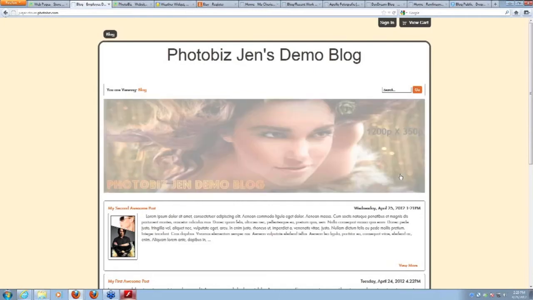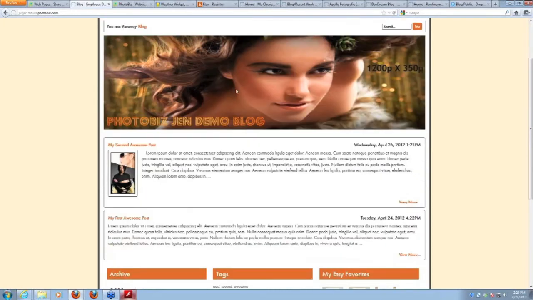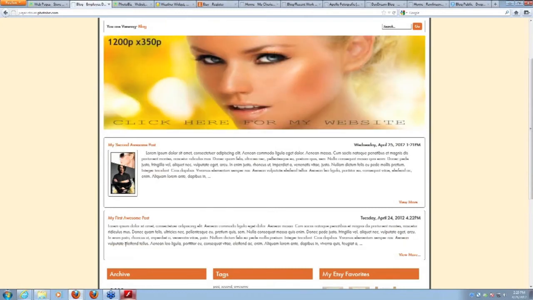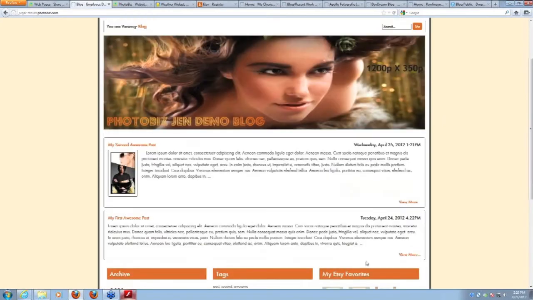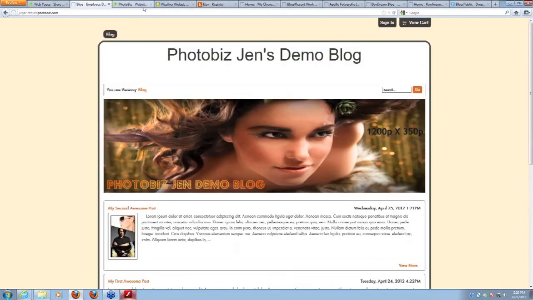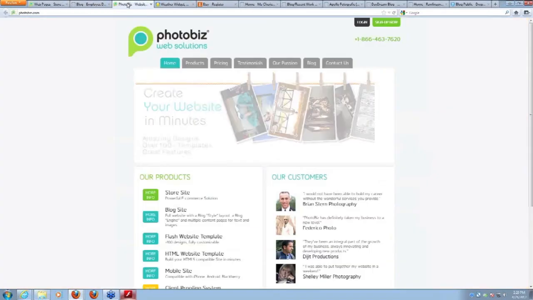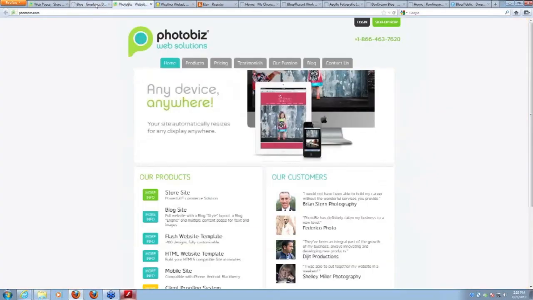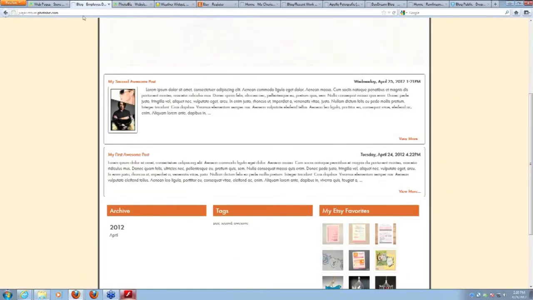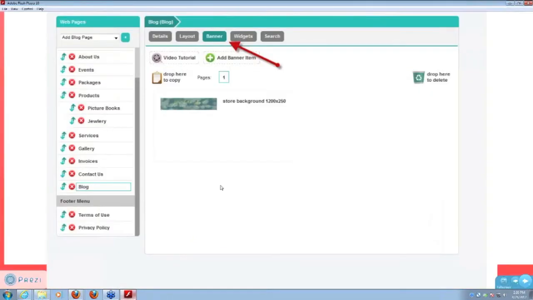So it's starting to look better, but you know, it can still use some help. So I've got my banner image going on here. I've set my posts to look something different. I like this, and my widgets are here at the bottom. So far, so good. So let's next talk about how we can add a widget to our site. There's a lot of really cool things that we can still do within our blog here. So we're going to go in